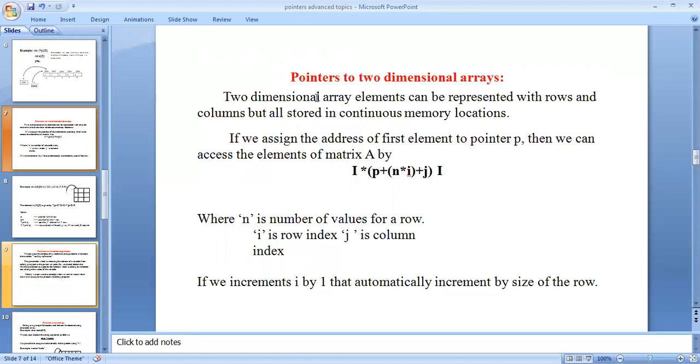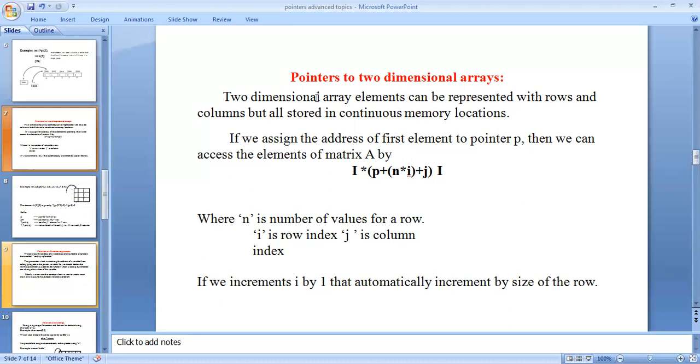The two-dimensional array is not the same as an array of pointers to a one-dimensional array.